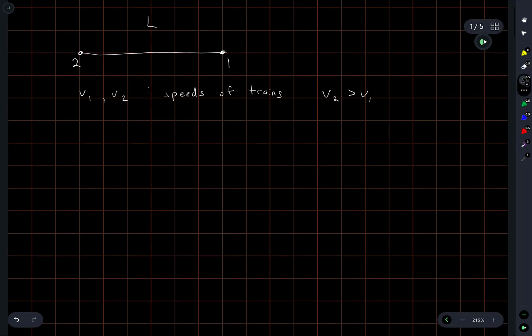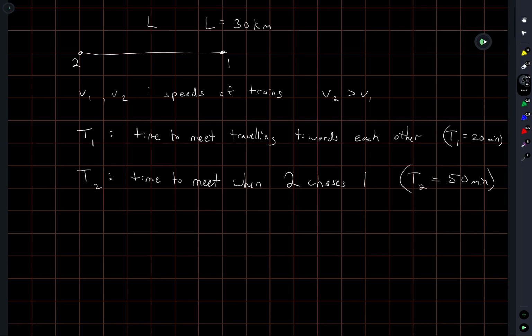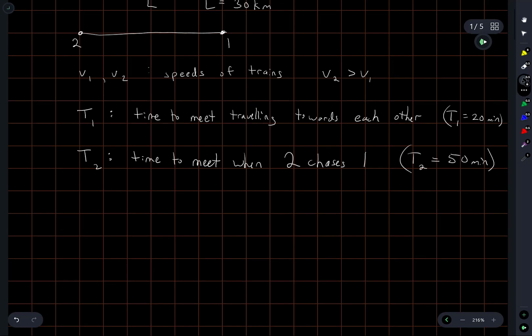Okay, so the first statement given is that they meet after 20 minutes. So how do I want to write this down? Let's say when they travel towards each other, they meet in time t1. And t2 will be the time to meet when train 2 chases train 1. Okay, so if we want to codify the first statement, that when they travel towards each other, they meet in time t1,